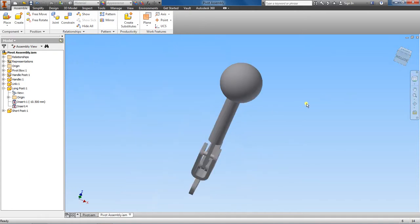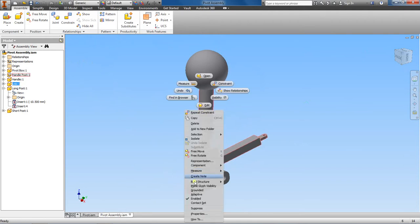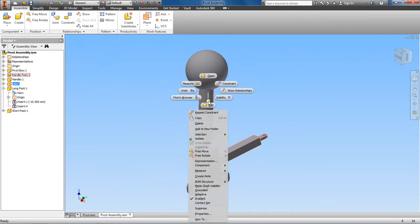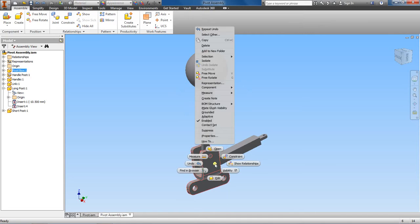And remember, let me move this around. Remember that the handle post is still grounded, but this isn't. So I can move this up and down like this. One thing we can try also is we'll take this handle post and let me see if I can take the ground off of this. Oops. All right. Let's make this grounded